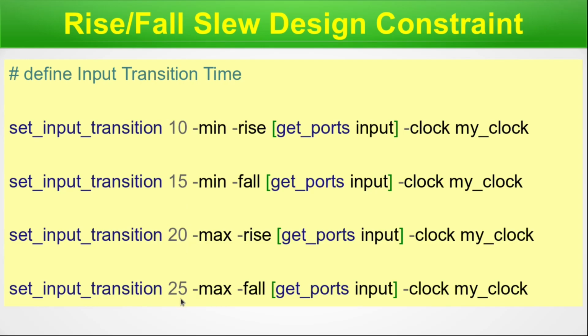So again, let me bring my mouse pointer. You can see the values are different, each value is different from one another, and here two are min, these are two static, but this is varying. So rise, rise, fall, fall, and here it is static. So this is how we are defining the constraint for the input transition time. One more thing here I would like to add. Here we have defined with 1, but for your case you have to write multiple times for multiple cases. So it depends from one design to another design. So guys, we are done with this particular slide.